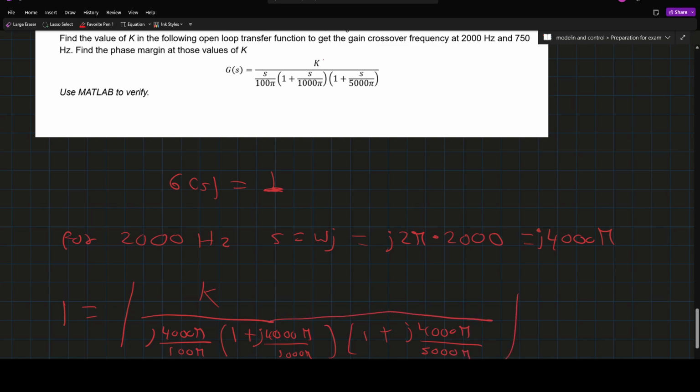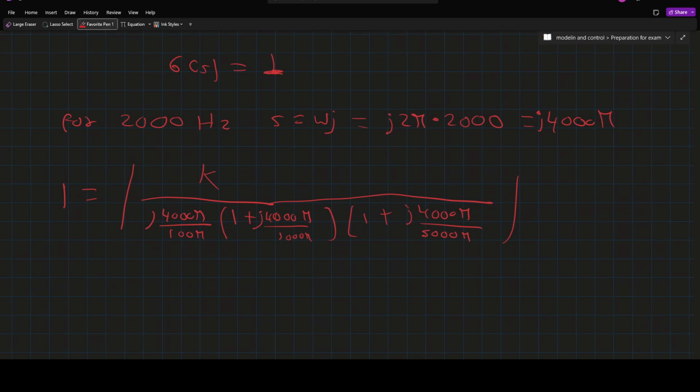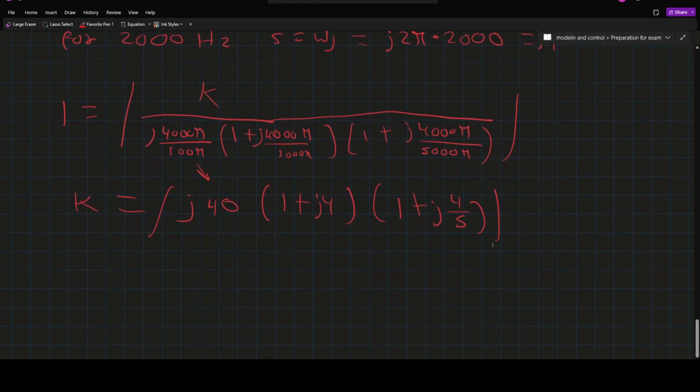Okay, and now we need the magnitude. That's why I put it like this. We can solve for k, and we're going to need the magnitude of this. There are many different ways of doing it. You can calculate each individual magnitude, but I'm going to do it separately. So we are going to have here 40j, 1 plus j4 times 1 plus j4 over 5. And this magnitude,